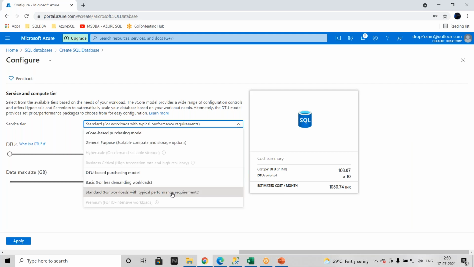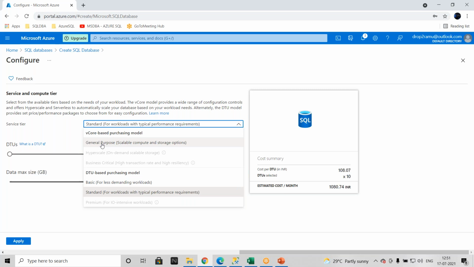See, when I connected to the free trial subscription, if my subscription is free trial, you can deploy under DTU only at basic and standard level. Even under the standard level, we have certain limitations. Maximum you can deploy 3000 DTUs when you go for standard, but in the free trial, maximum 10 or 20 you can deploy. When you go for vCore, we can deploy only on general purpose under a free trial subscription.